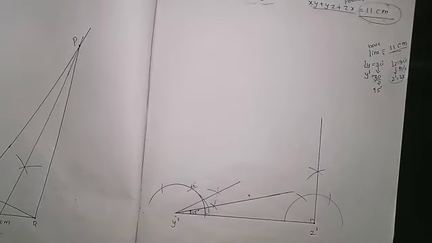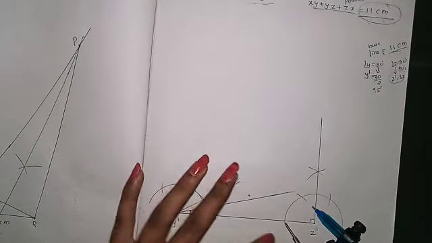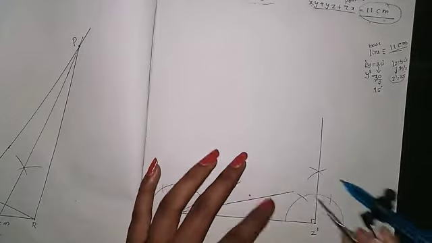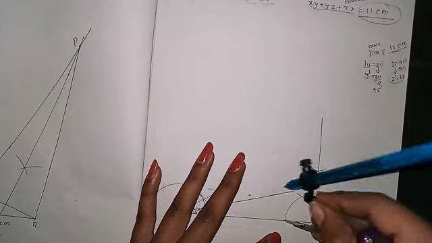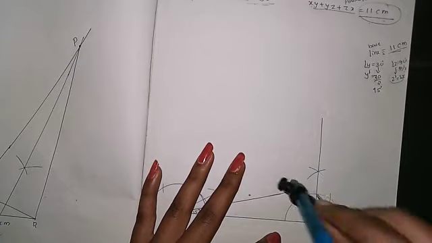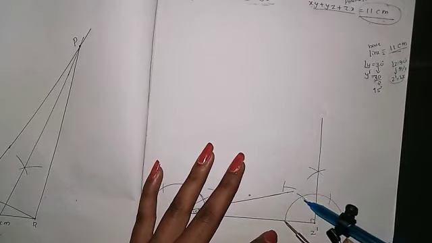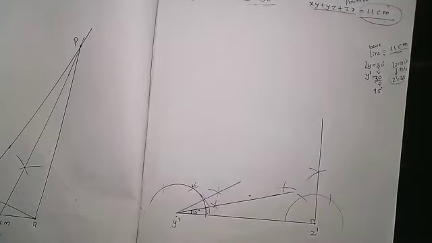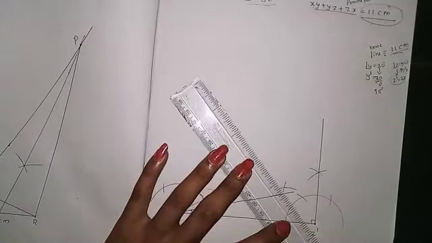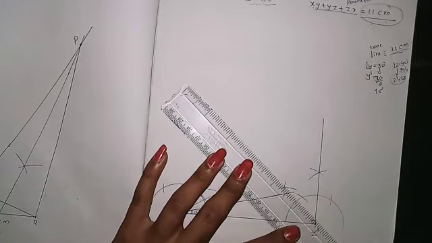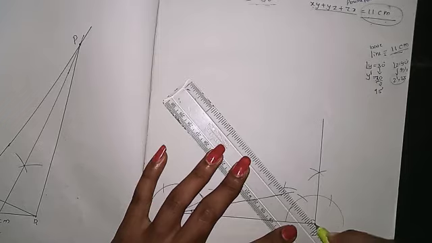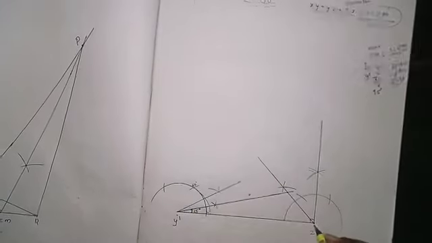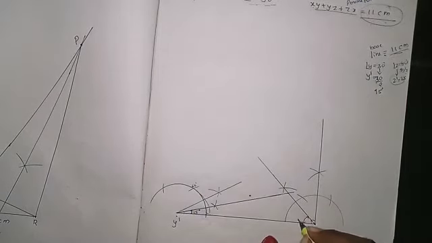I want 45, so for that you have to take more than half, and these are the two new points. You have to construct an arc here. Keep it here and make two curves. Now you got another point here, so you have to join those points. Yes, so this is your 45 degree angle, that is the z dash angle.